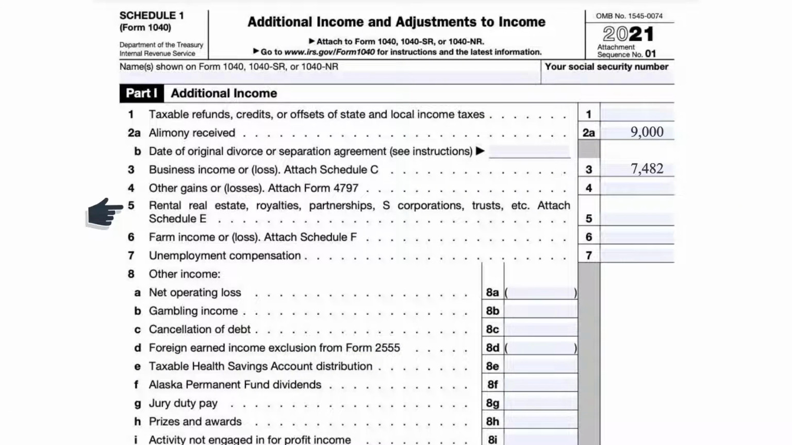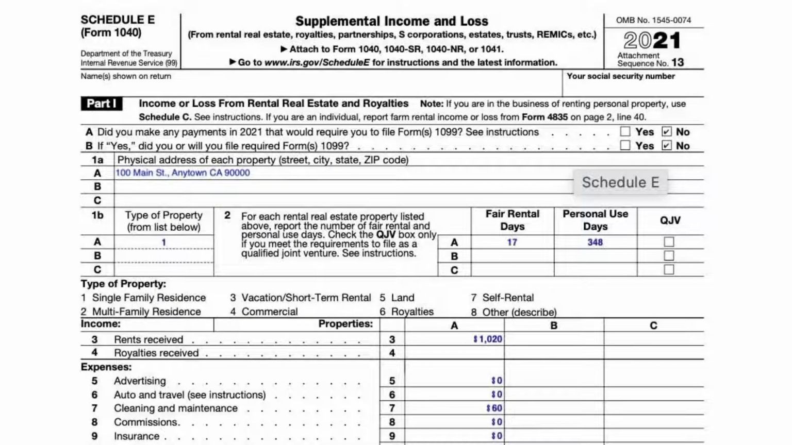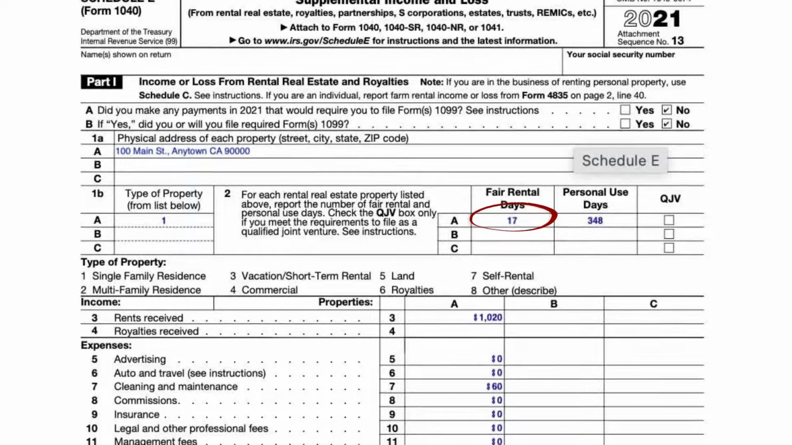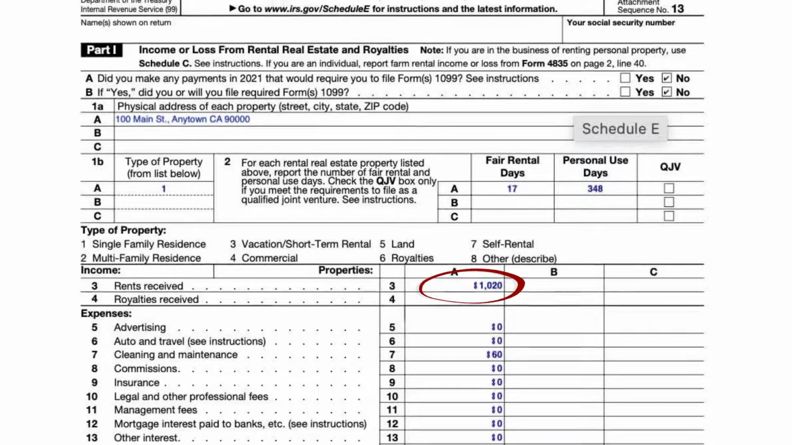She did have rental income, and so we will need to fill out Schedule E. Before filling out Schedule E, let us look at the remaining lines. She had no farm income, no unemployment income for the year, and no other income. So we can now go back to line 5 of Schedule 1 to finish filling out Schedule E, which we need for line 5. Emily rented out her home for 17 days during winter vacation for $60 a night, making her rent received